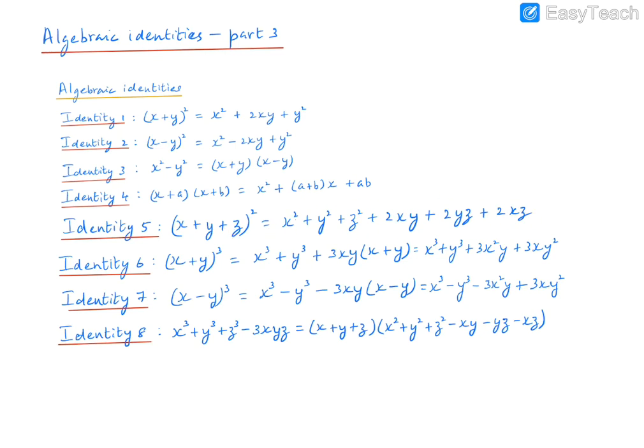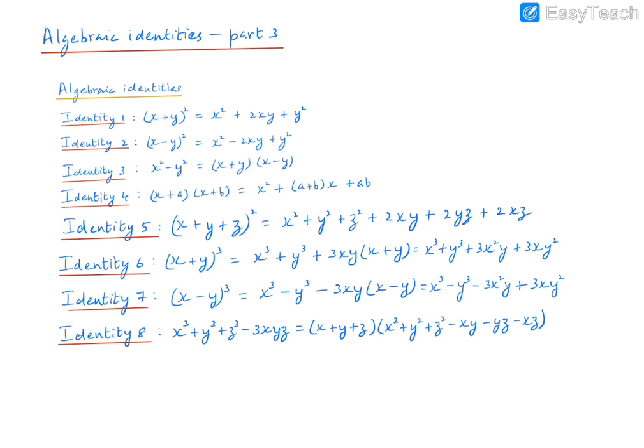and also we saw some examples of using this identity to factorize the algebraic expression. So when we are given an expression which has the form of the right hand side of this identity, we saw how to factorize that and get it in the form of the left hand side. So we saw how to expand this expression and also how to use this identity for factorizing the algebraic